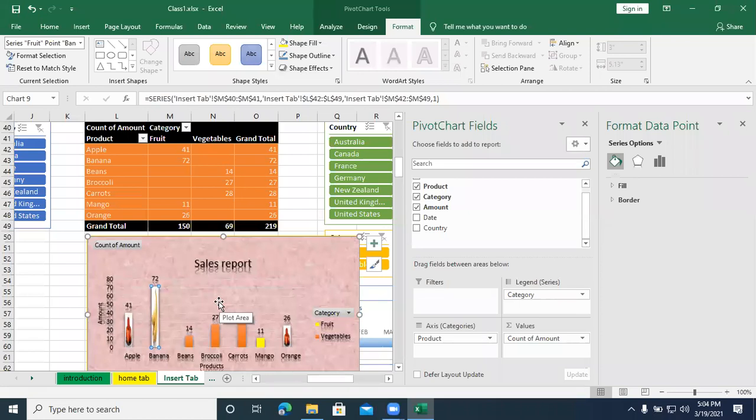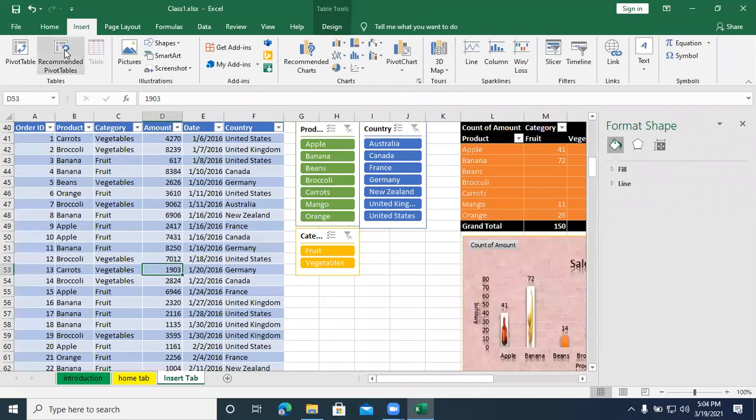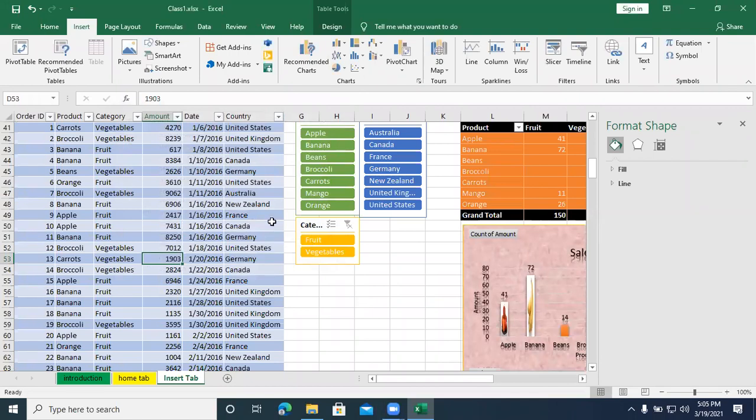You have to select existing sheet. While you're creating, go to insert, click pivot table. Don't directly click OK. Select existing worksheet. Choose a location where you require it in an existing sheet. Is it clear? Okay, ma'am. Thank you.